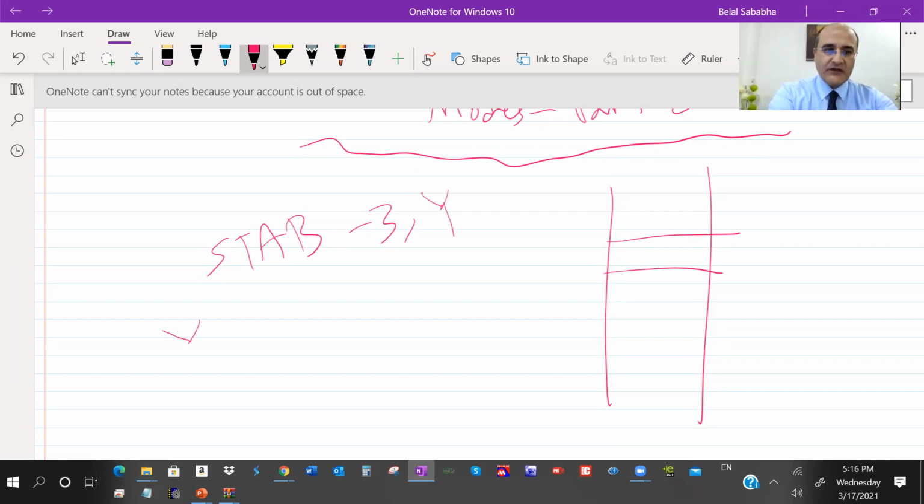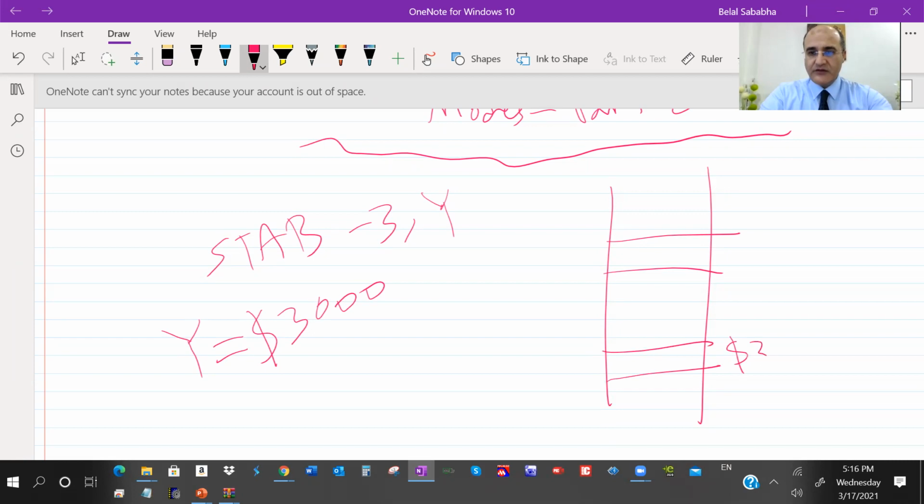Y is an index register that can hold an address, a 16-bit address. Let's say it is 3000. Let's assume Y is pointing here, this is address 3000. Then I'm going to store accumulator B. Whatever B was,